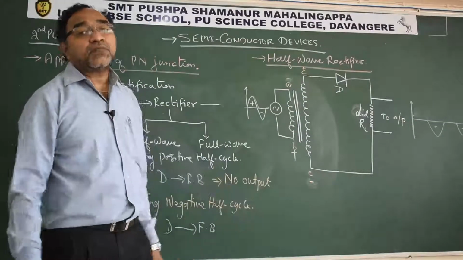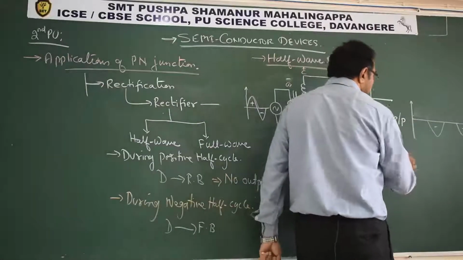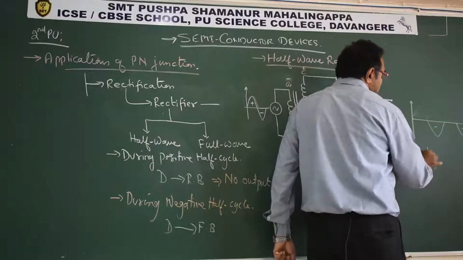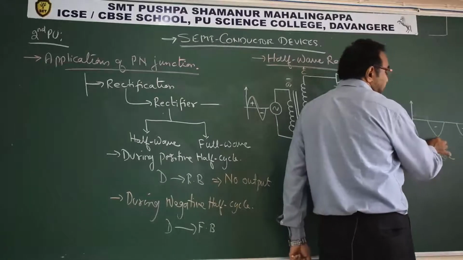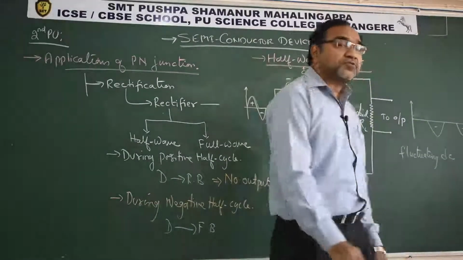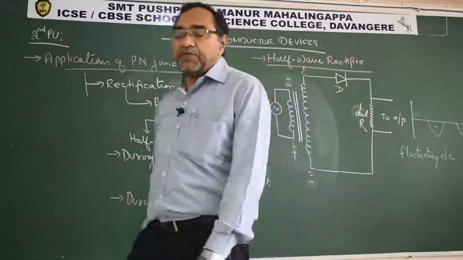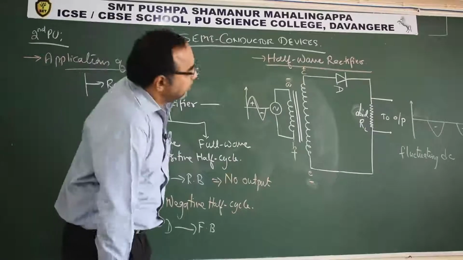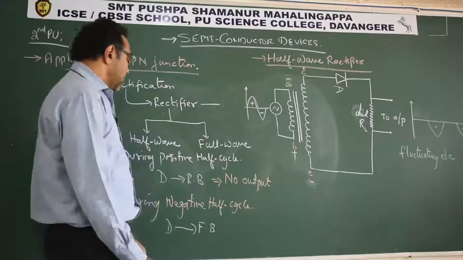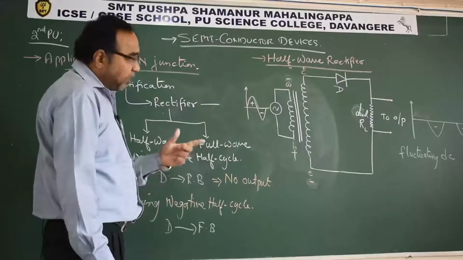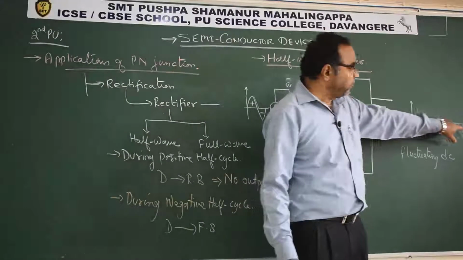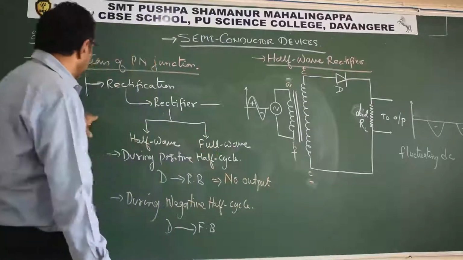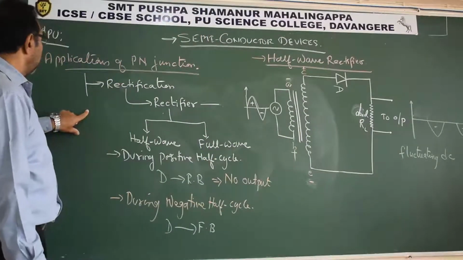And what is the kind of output? This is a fluctuating DC. How can you say that? See this, this is a function of time. It is not constant. Normally the variation of DC should be what? A straight line. But we are not getting a straight line, right? So this is why it is called a fluctuating DC. Now the fluctuating DC, we got DC unidirectional. See here, all negative lobes we are getting, all identical lobes we are getting. This is exactly what we call fluctuating DC, half wave rectifier.